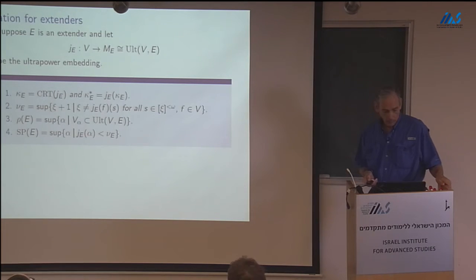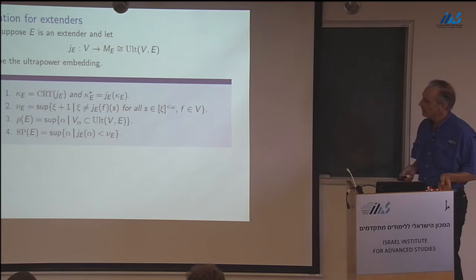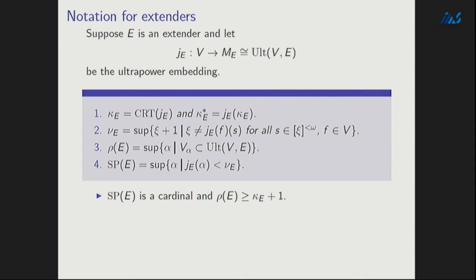One last important parameter associated to an extender, the space of an extender. It's the supremum of the ordinals which are sent to something below a generator, less than or equal to a generator. Okay, if you just unpack. All right, so trivial observation, the space of an extender is always a cardinal, and the strength of an extender is always at least the critical point plus 1. Now, for much of what I'll be doing today, the space of the extender will always be the critical point, but, well, no, that's actually not true, but that's the classical theory, so to speak.